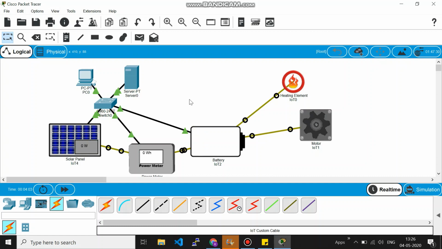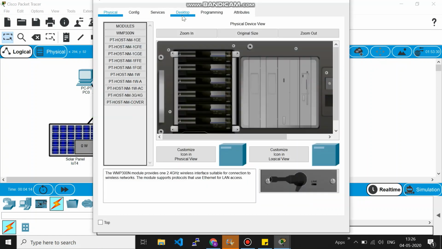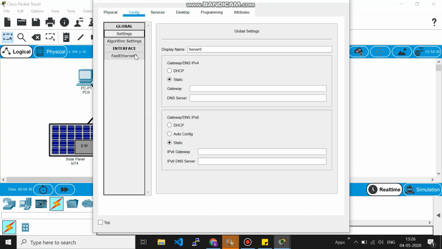Okay. So now coming back, let's work out how to reach all these devices remotely. So that's our whole intention of IoT itself, right? So now let's understand a bit about the server. So if you look at the server, there is this configuration given. So if you see the settings, it is usually the DHCP model. So you have to enable them.